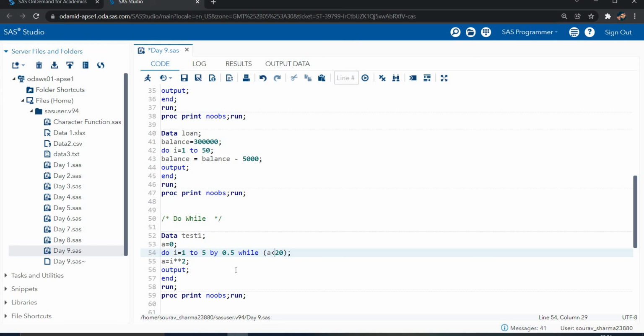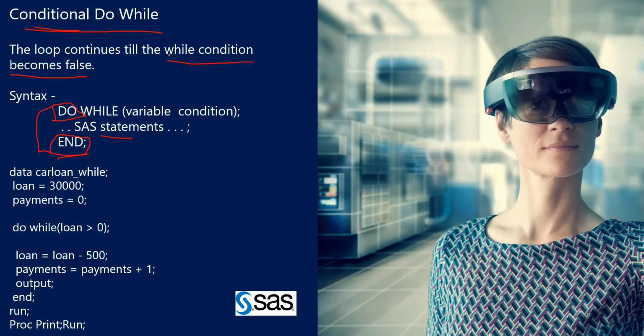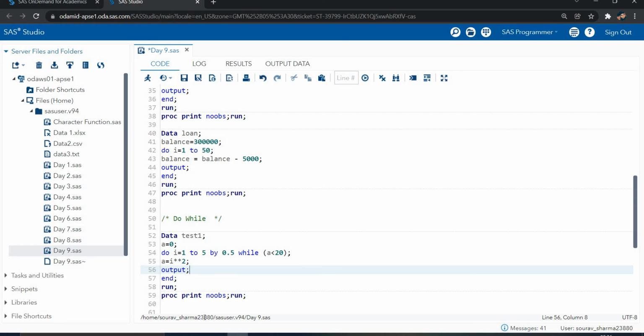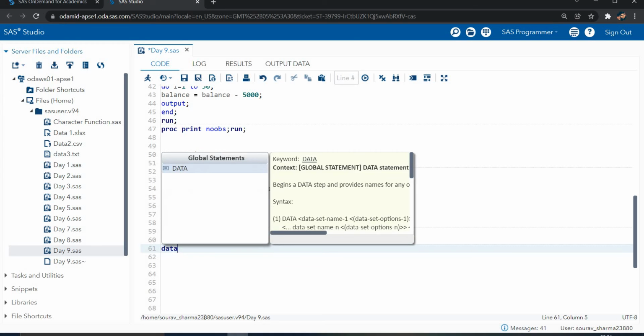The end condition is whenever my a value reaches 20; if that is met, it means stop my loop. So do while continues running till your while condition becomes false. Let's see more examples of the do while.